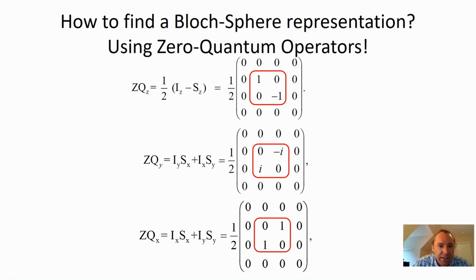And this zero quantum Y is not detectable, does not have any magnetization associated with it. This IZ minus SZ is detectable, and we see it in the magnetometer. And then finally, zero quantum X is IXSX plus IYSY, and can be represented as an X Pauli matrix. So now the reason why this is useful is because now we can actually represent what's happening at zero magnetic field, sort of with the traditional pictures of a single spin 1/2